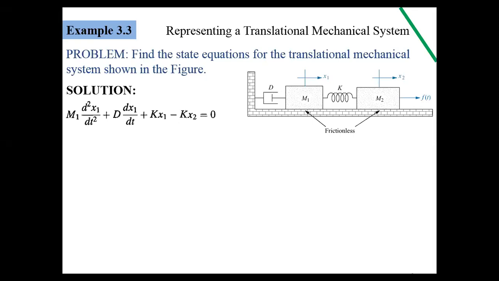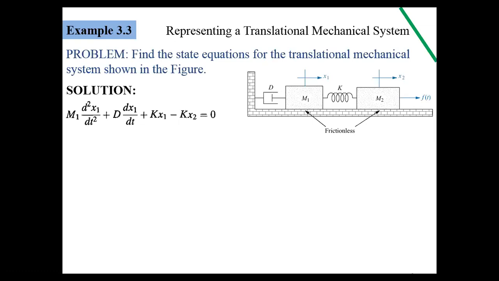So for example, consider an energy storage element such as spring. So the force will be equal to the constant K multiplied with the displacement x. This relationship does not contain the derivative of physical variable such as in electrical networks like voltage across an inductor L di by dt. Thus in mechanical systems we change our selection of state variable to be position and velocity of each point of linearly independent motion.